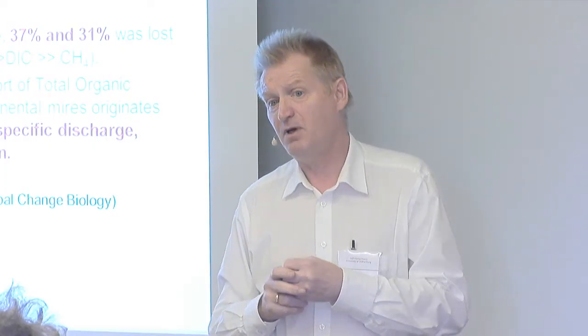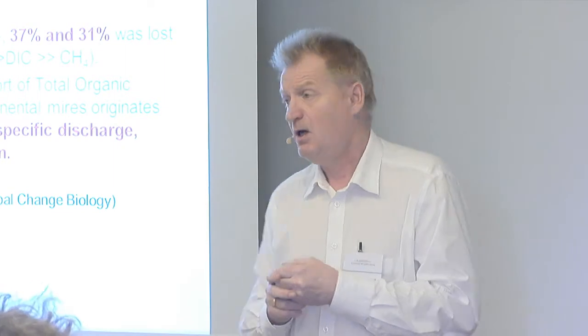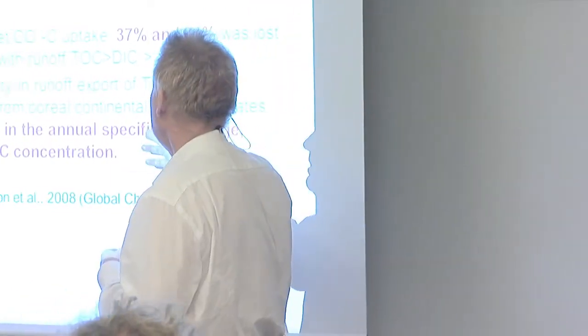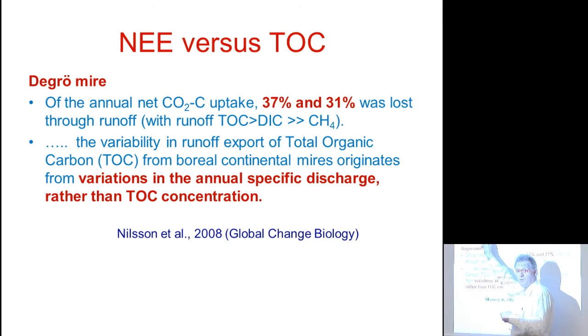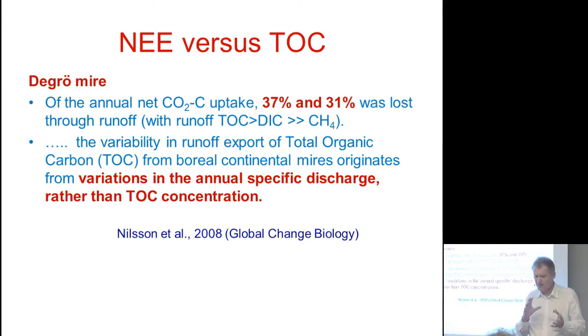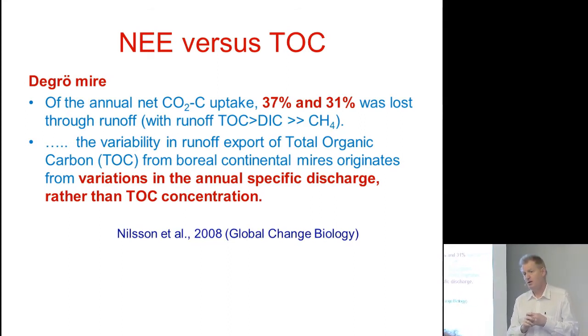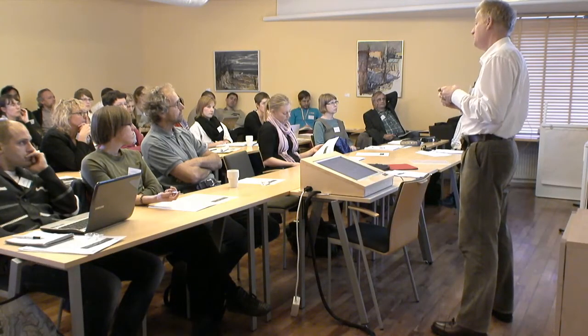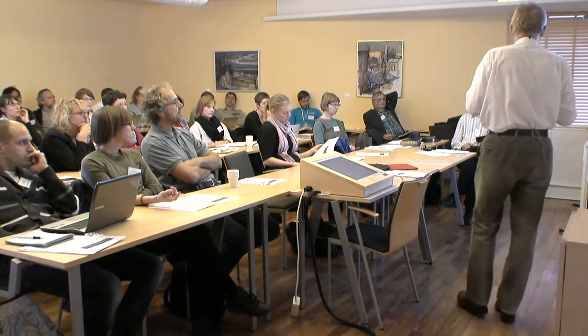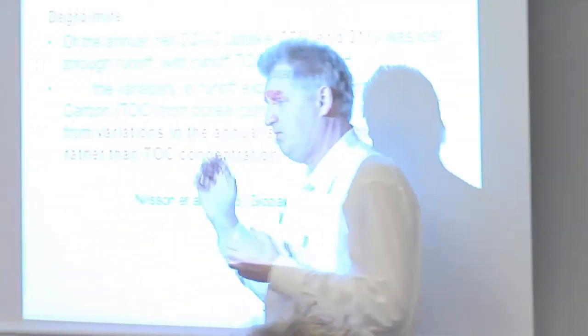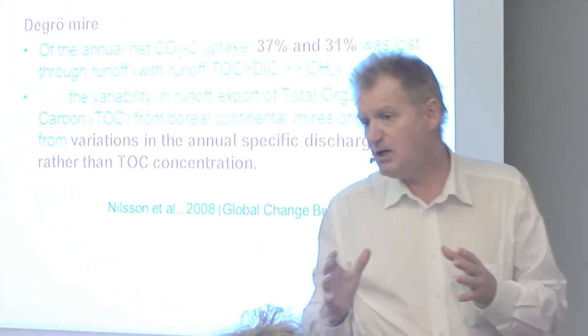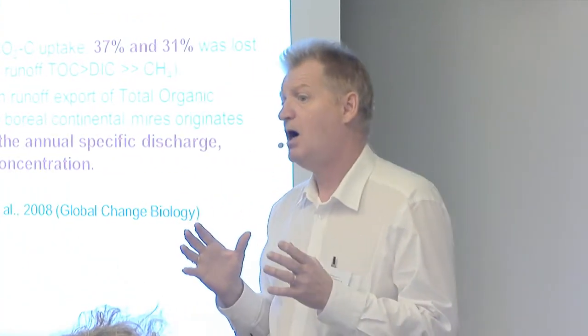And the negative thing with this, in a long-term perspective, is that when you have rainy conditions, you have less NEE. So you have less building up and more flooding out. I will take this as an example because I will also link to a whole set of other studies that has been done in Sweden when we talk about forest ecosystem, because the same thing has been found for forest ecosystem. The flow out of carbon from the ecosystems are linked to the amount of water and how high the